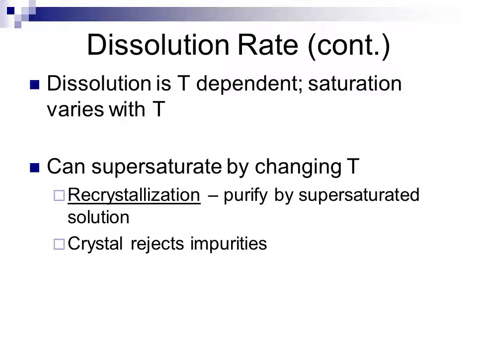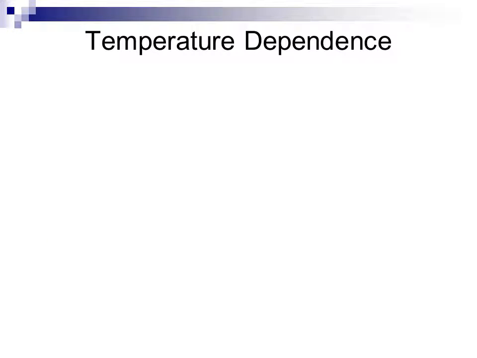As the crystal forms, it tends to reject impurities because the structure will align in a more favorable way, and this causes a purification of the substance. Now, the dissolution process is temperature dependent. The direction of the temperature variation, whether the substance is endothermic or exothermic, will determine whether or not heating will